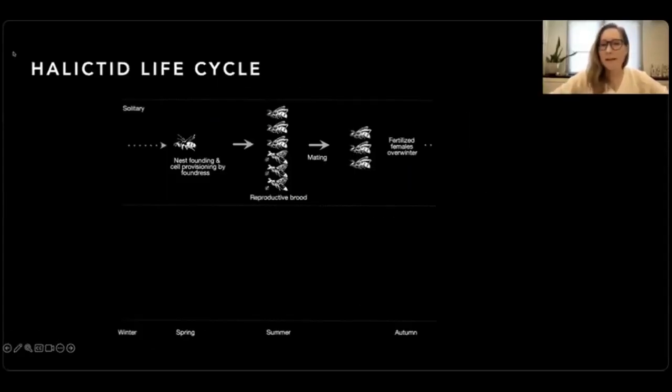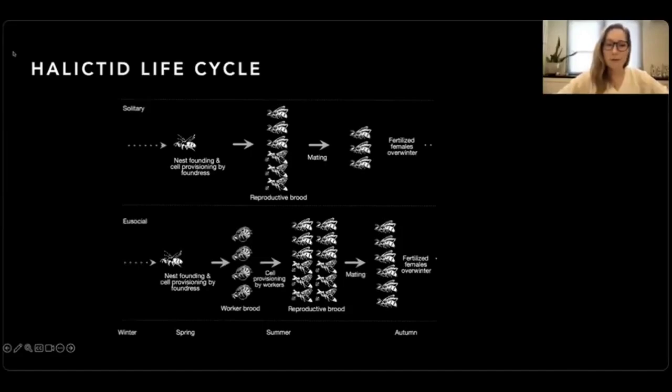And the sweat bee life cycle is like that of many social insect species. You have single adult females that have overwintered that initiate their nests in early spring. And if they're solitary, they tend to provision a single brood that's a mix of males and females. And then the females mate, overwinter, and repeat the cycle again. And the difference between the solitary and the eusocial nests is that eusocial nests are again founded by a single